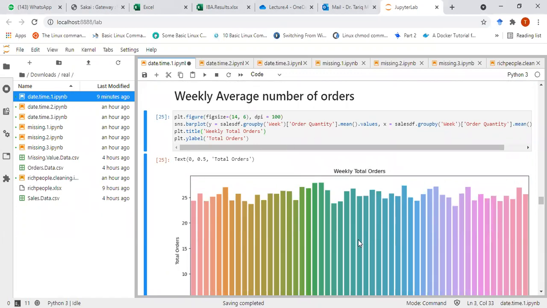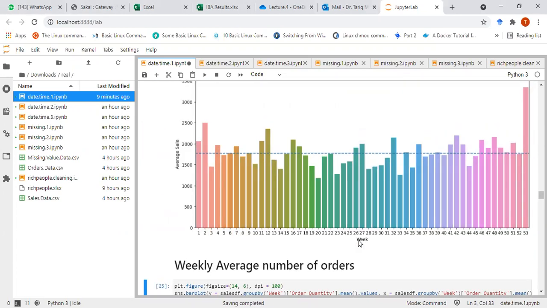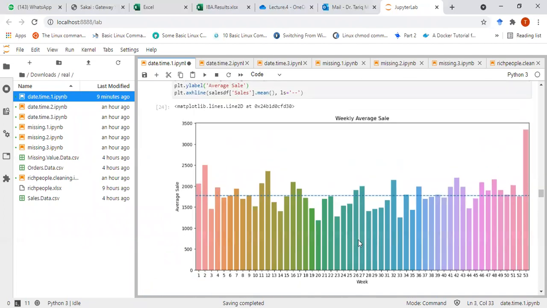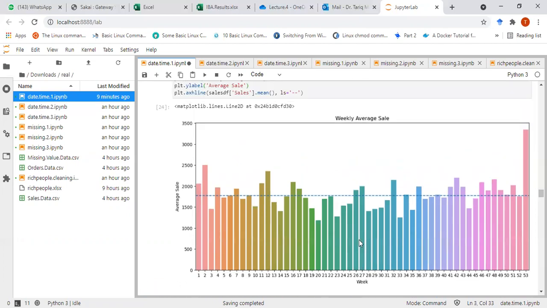Sir, there is a question from the last graph, the weekly one. This last 53rd week is showing extensively higher sales. So is it 54 or 53 combining 2 weeks, or is it just a single week? No, this is the last week of December. All right. These are the different trends that you can extract